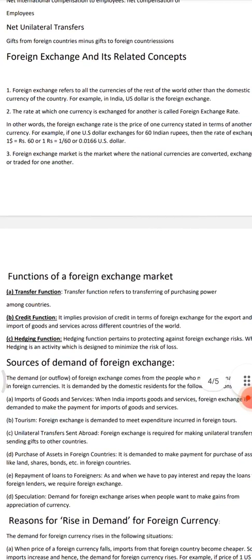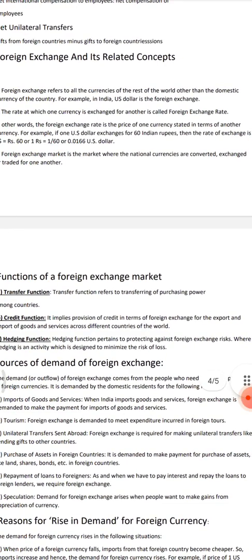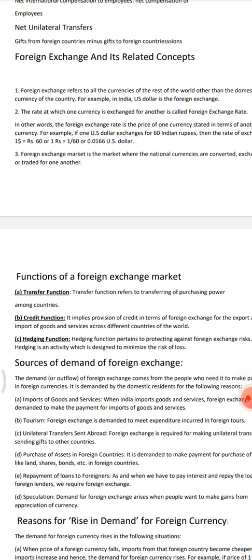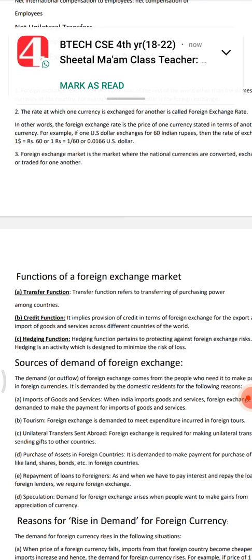Foreign exchange market is a market where national currencies are converted and exchanged. So these are some points that tell about foreign exchange and what the foreign exchange rate is. I hope you are clear with that. The foreign exchange rate can be expressed in both ways, in terms of the Indian rupee or the US dollar, so by this you can translate the formula.